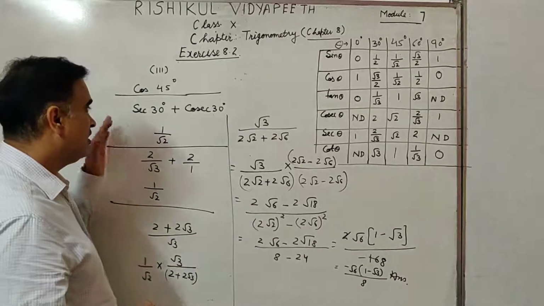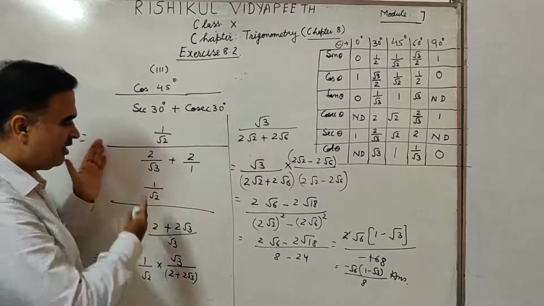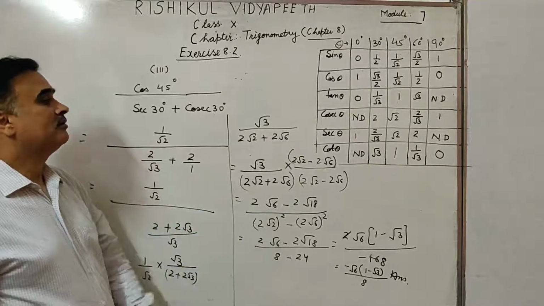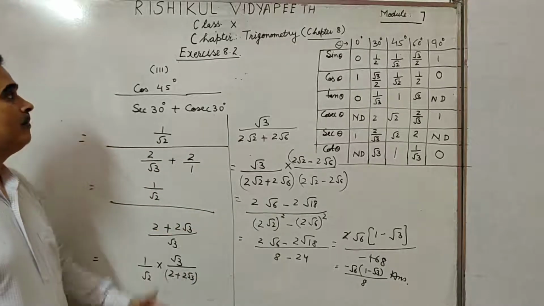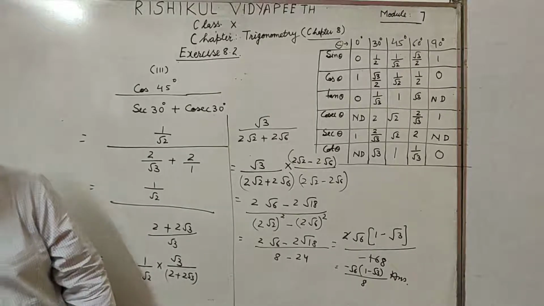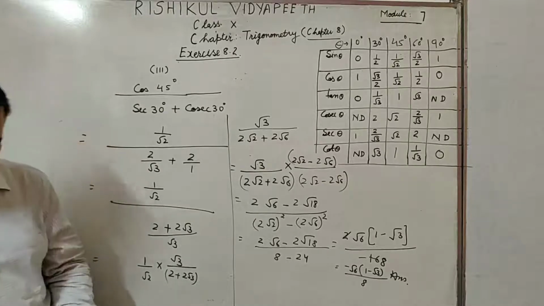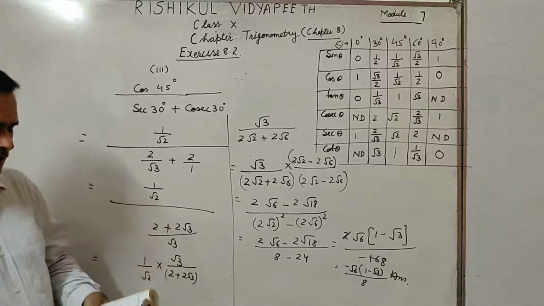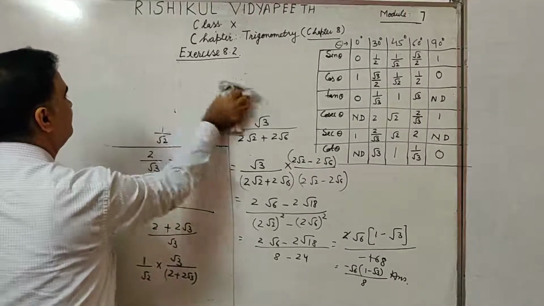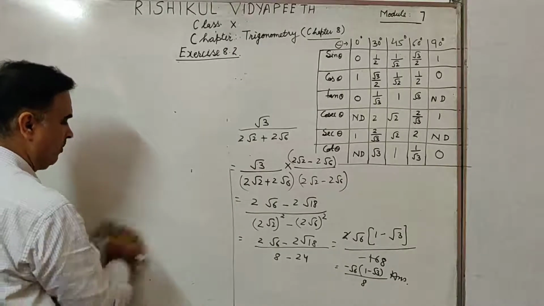So my dear students, trigonometry is not a problem. You have to just put the values here and simplify this as you have done in your class 9. Now, in the same way, you are able to solve this complete exercise 8.2, all parts. In the same way, you are to see the third part of the second question also. Now we are to discuss the third question. Very good question and example also.